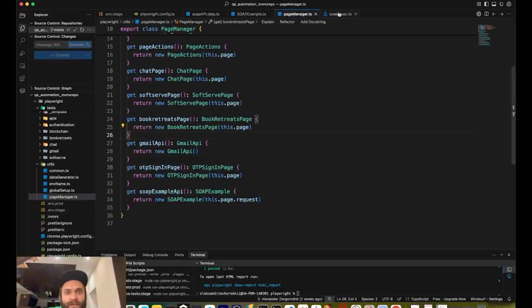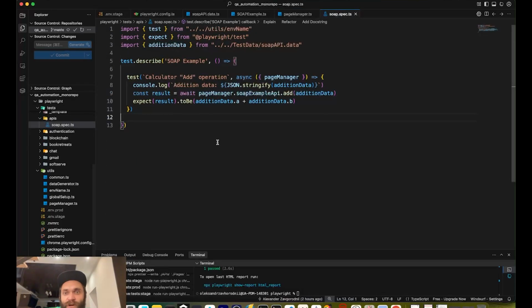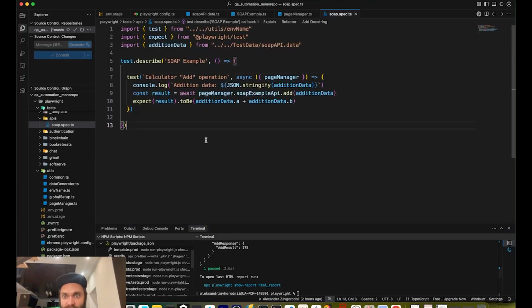And yeah, we got this setup right here, and then we got our small soap.spec.ts file, where we import our test data. We import the expects and the test, the Mocha keywords embedded into Playwright and customized by me a little bit to suit the needs. And yeah, we got our